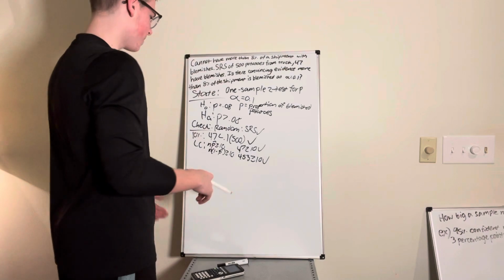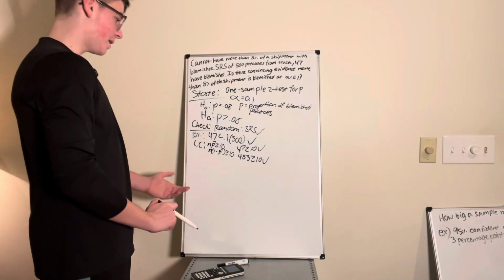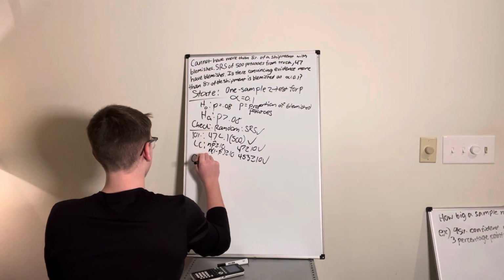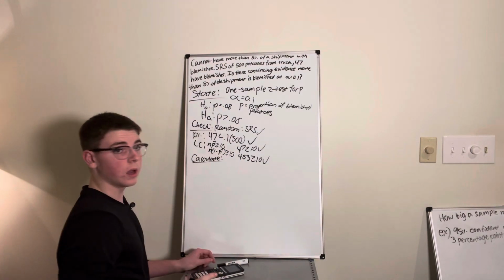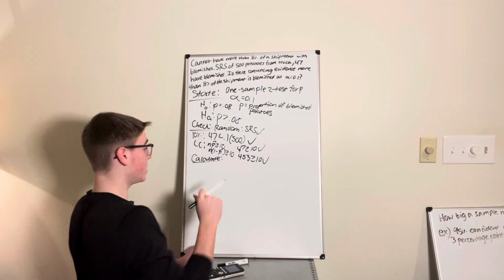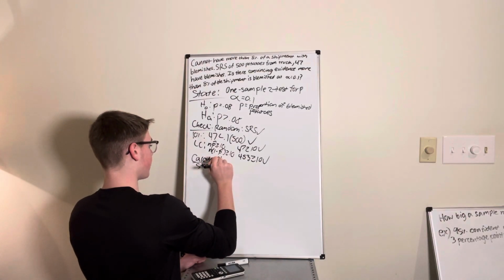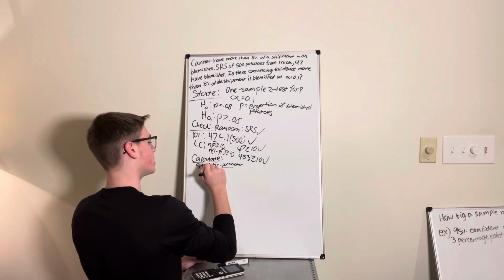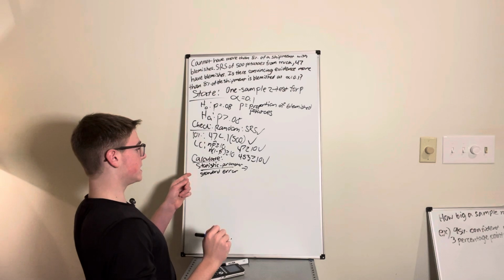Potatoes, sorry. Okay, now that we checked, I hope you guys are getting this. Now that we checked, we're actually going to calculate. Okay, so calculate. Again, this is the same thing as finding a z-score and then seeing if it's statistically significant. So our general formula for a z-score is statistic minus parameter over standard error, which is usually standard deviation. Okay, and then we just say statistic is our